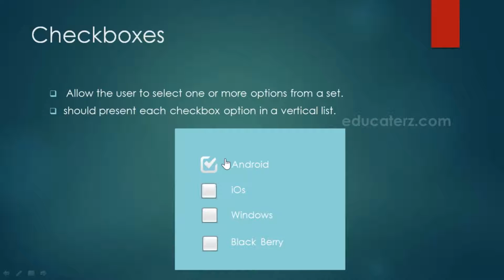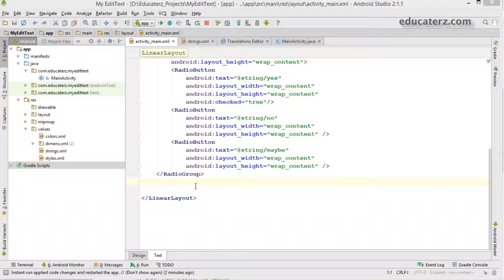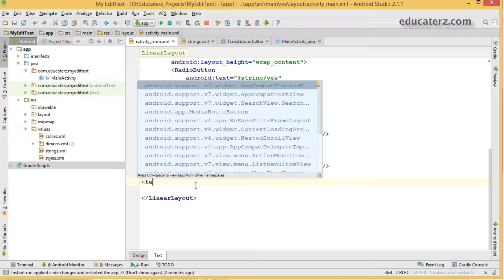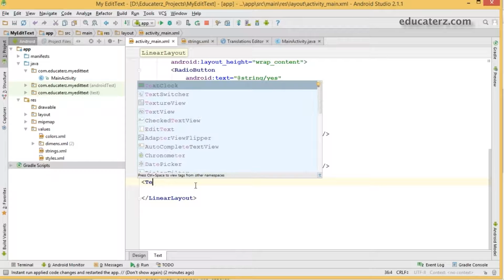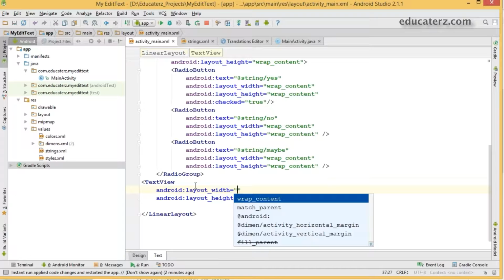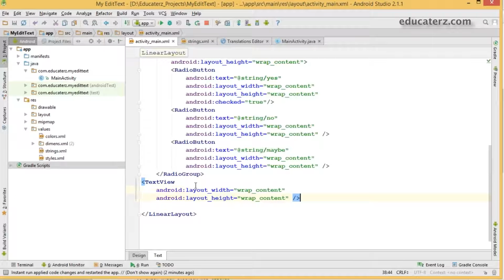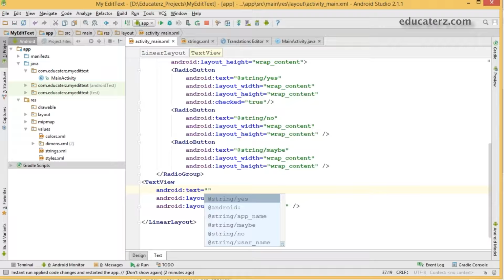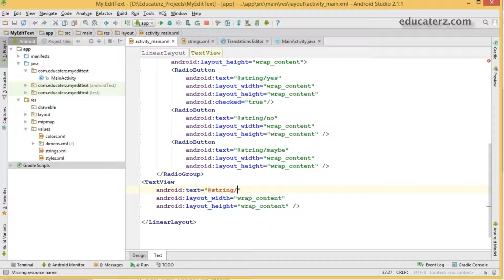Now let us see how to create checkboxes in Android Studio. I'm creating a label using a TextView element, with width wrap content and height also wrap content. There must be a string resource for this, so open the strings file. I'm going to give it the key title.